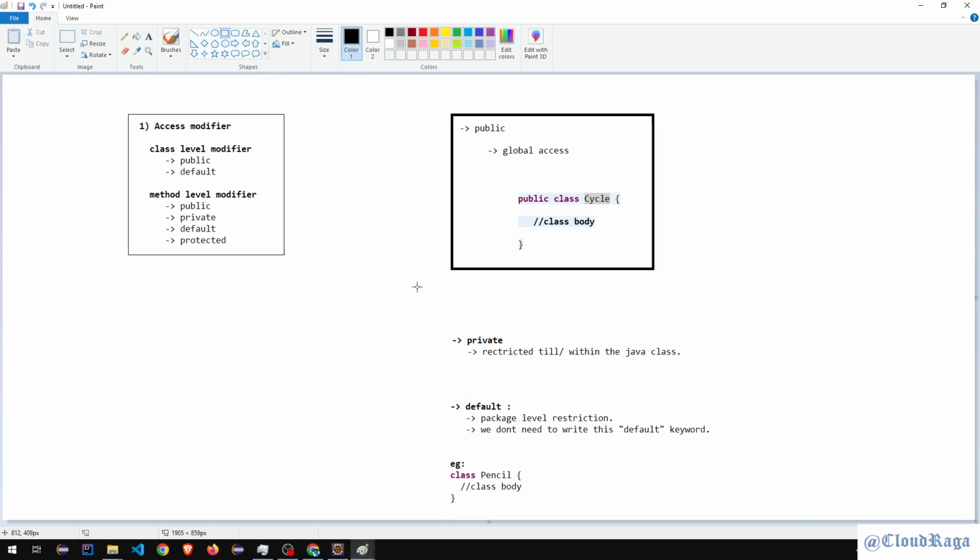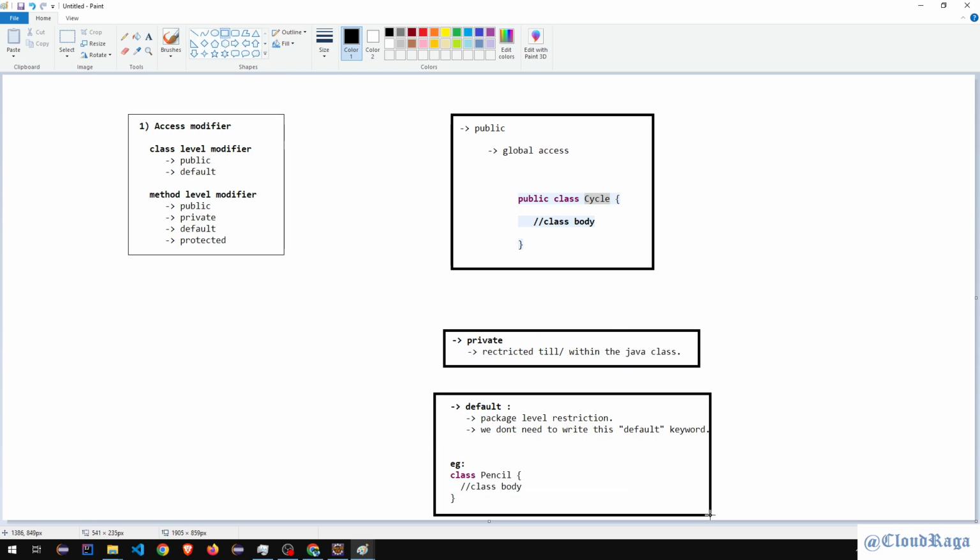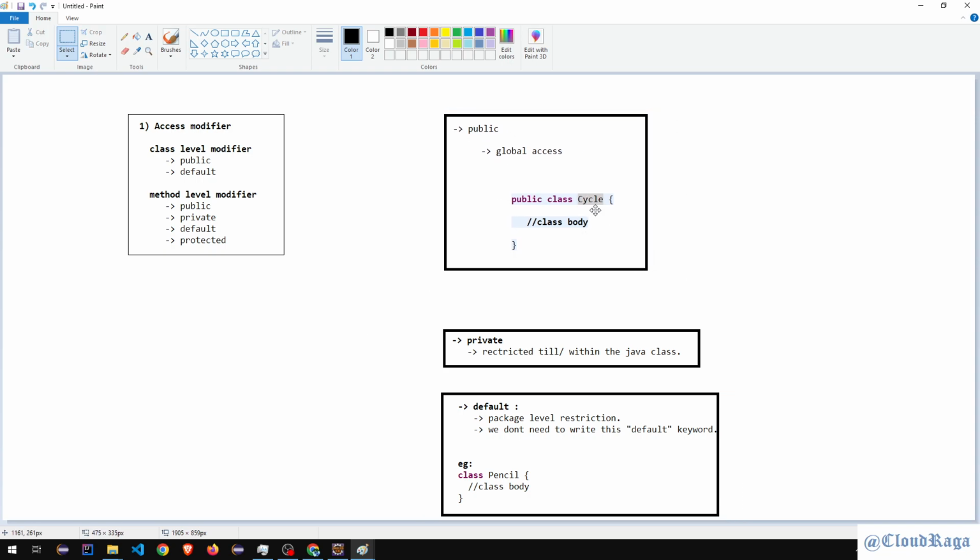So these are the three keywords we have discussed. In the next video, we will talk about protected because this will take some more experience. So for now, we are skipping protected. Before understanding the protected keyword, we have to learn some concepts of object-oriented programming. Once we are done with that, we will come back to this topic. And for now, I'll mark this